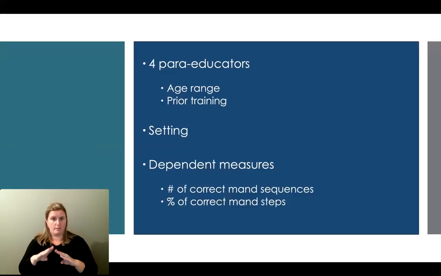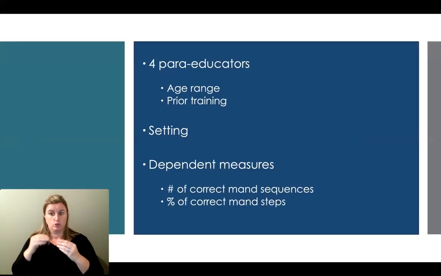The setting was a private school and a local public elementary school. Specifically, what we measured was the number of correct mand sequences taught in 10 minutes, as well as the percentage of correct mand steps